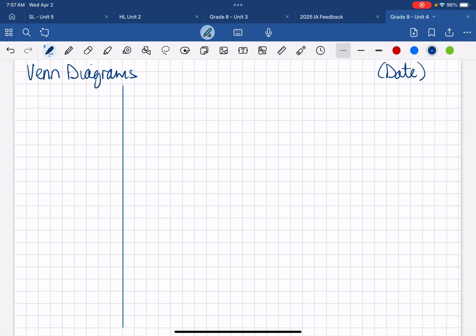Today we'll be talking about Venn diagrams. We're beginning our probability unit and we're going to start here. To discuss Venn diagrams, there's a few things that we need to get in order, some vocabulary. So when you talk about Venn diagrams, what you're talking about and what you're organizing is